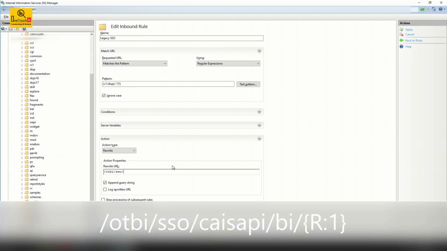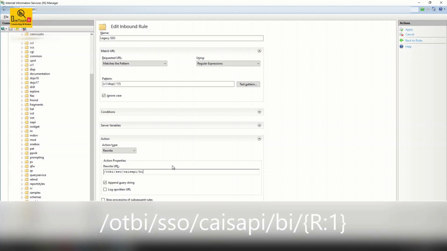Again provide / and the request path for the handler mapping we provided for the ISAPI module, which is CA ISAPI, / and it should go through BI, the folder for hitting the Cognos URL.